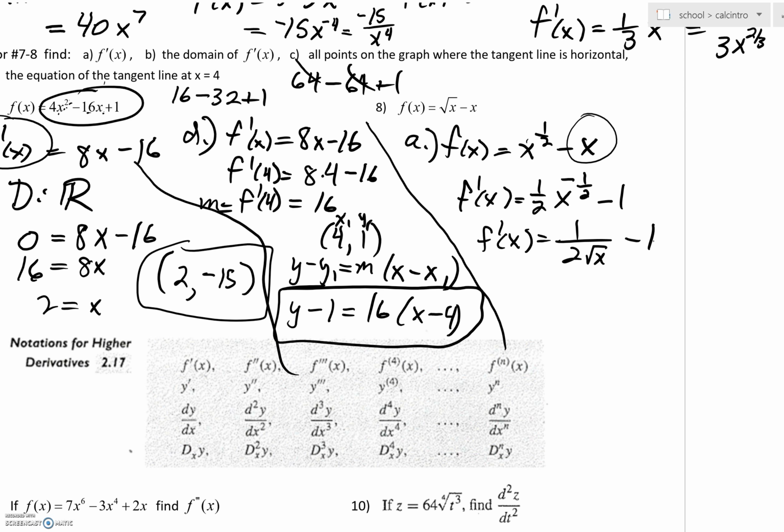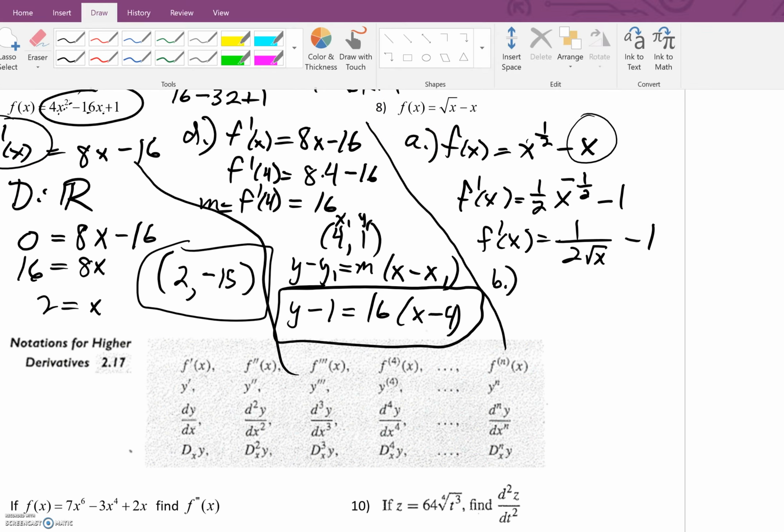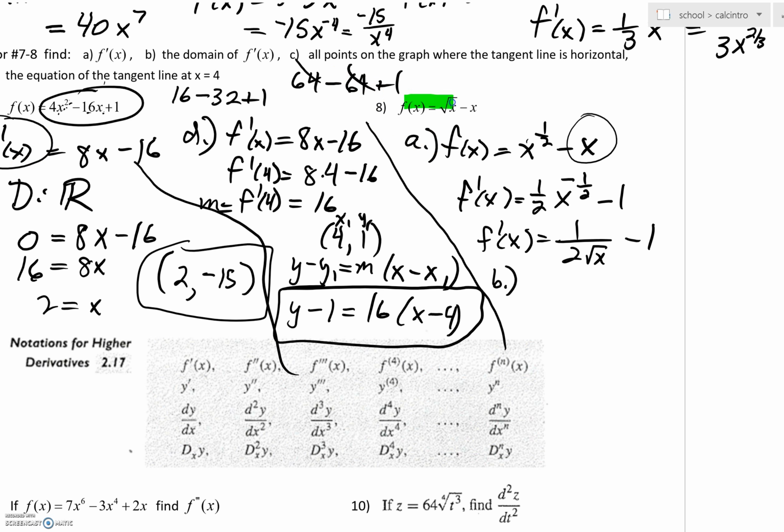Okay? So at this point, guys, as we continue on, they're going to say, what's your domain? Now, your domain actually is first always going to be hit off from the beginning. The original function. If you don't have a point, can you draw a tangent line at a non-existent point? No. So the original function, that domain is going to first come into play. What's the domain of the original function